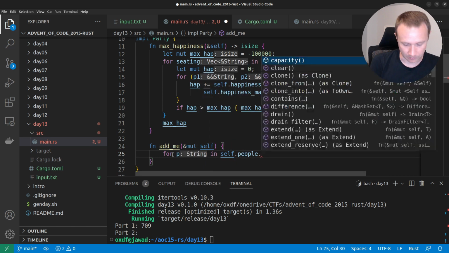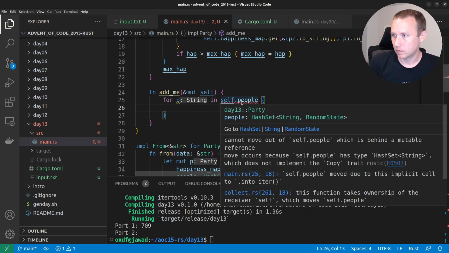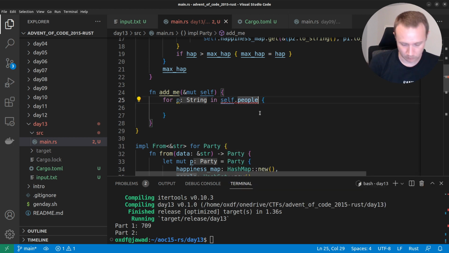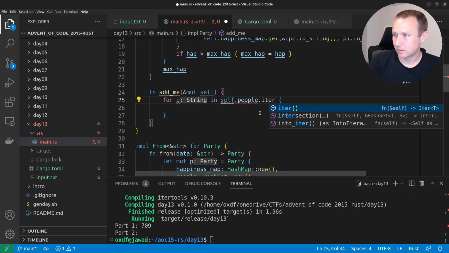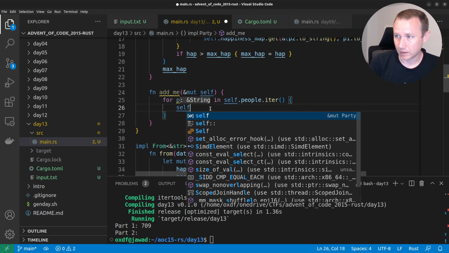I think we need to make that an iterator. Let's see what happens. We'll find out. Let's see. Yeah, cannot move out of self.people. Let's make that iter. That seems to fix it. Okay. So, for each person, we're going to do